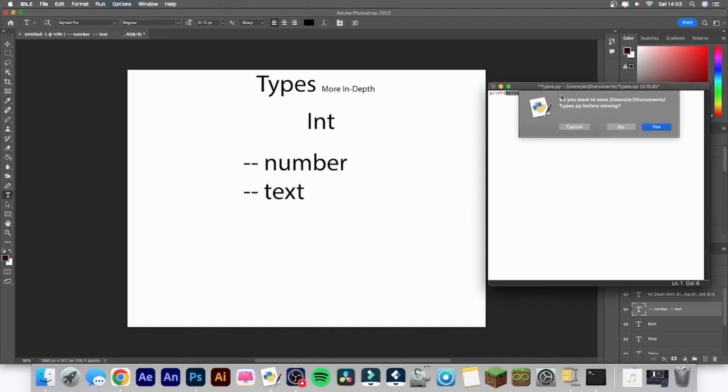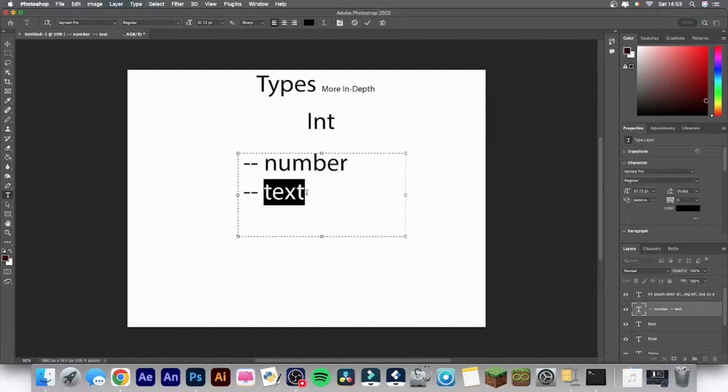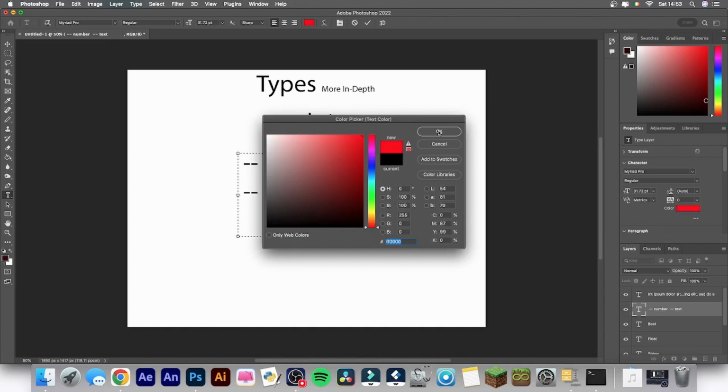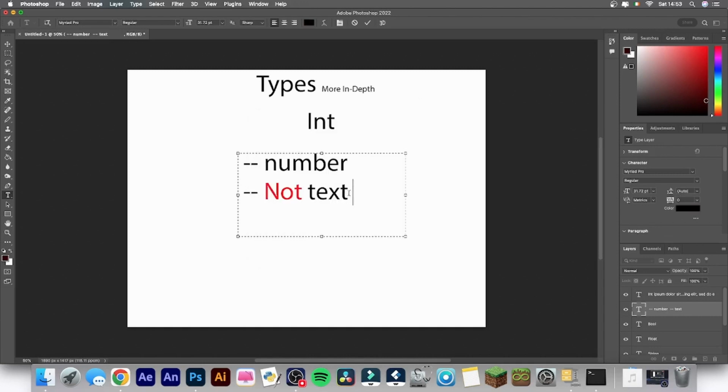I don't know why I wrote text there. You cannot use text. I'm just going to make that red. You cannot use it as text. Okay, so